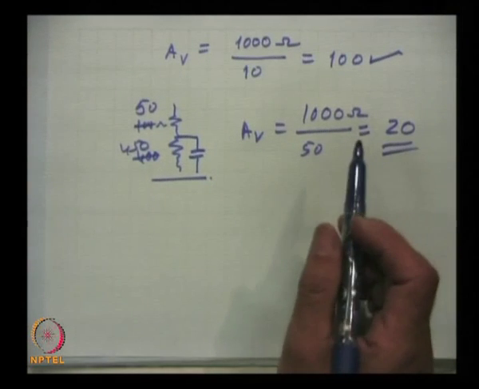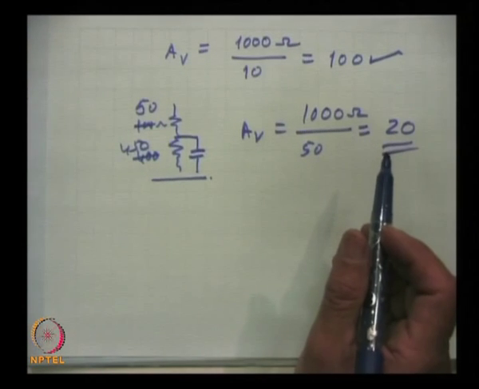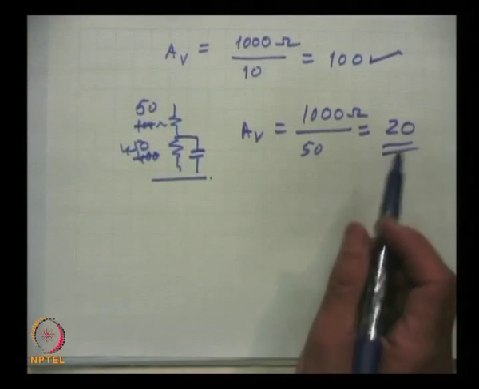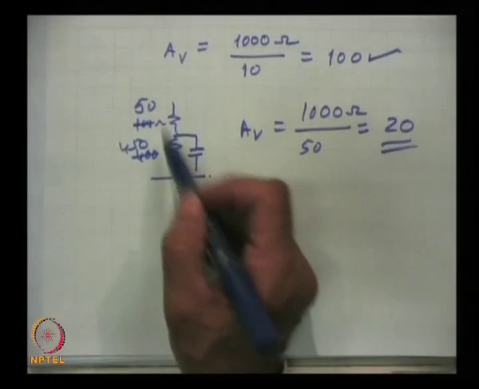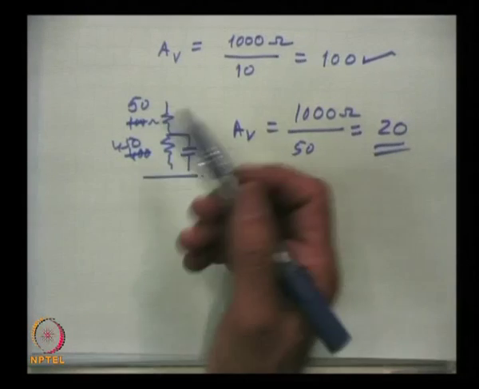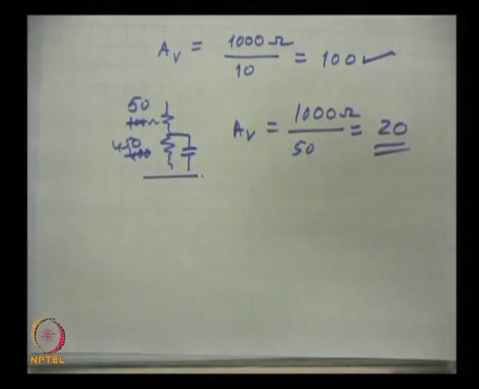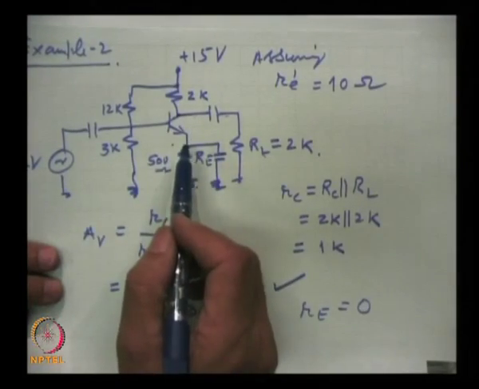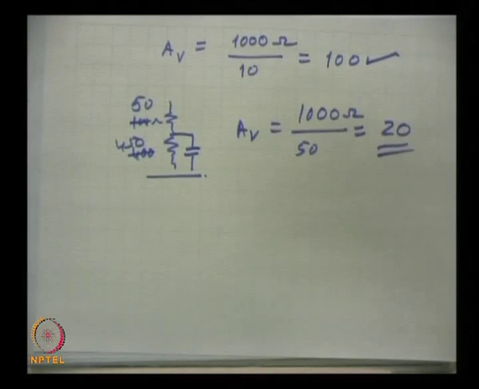So, you see the simplicity of the r analysis, that it gives a very simple relationship and we can manipulate the value of, for example, we are considering voltage gain, and we can achieve any value by simply adjusting these resistances with the emitter lead in this simple common emitter circuit. So, this was about the voltage gain of an amplifier.